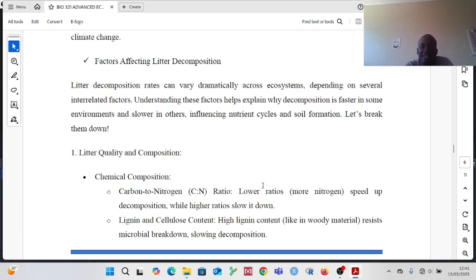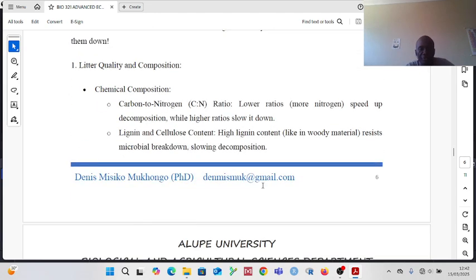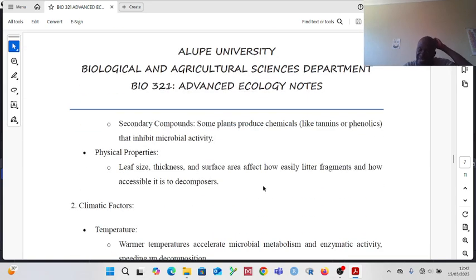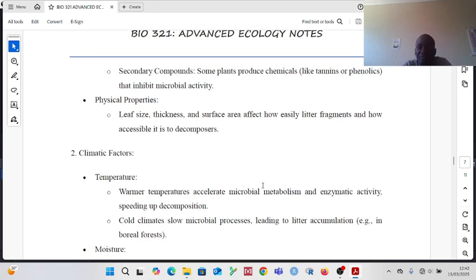Then the lignin and cellulose content. High lignin will resist microbial breakdown. So when you have high lignin, you expect the rate of decomposition will be low. Then the secondary compounds. There are some plants which will produce chemicals, secondary compounds, that will inhibit microbial activity. So on the basis of what secondary compounds are produced by that plant, it will impact the rate of